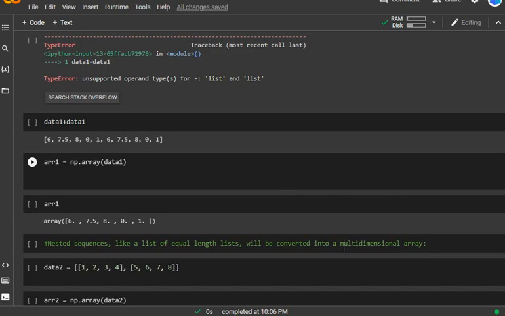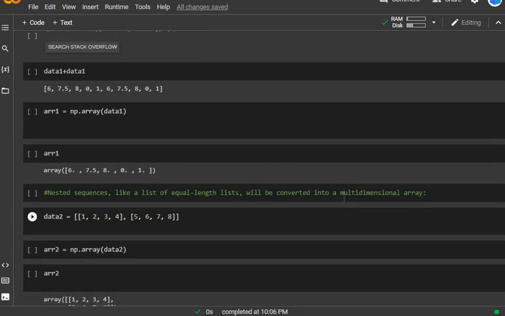Similarly, arr1 equals np.array(data1). Look here, arr1 looks this way. This is a NumPy array. A nested sequence, like a list of equal-length lists, will be converted to a multidimensional array.